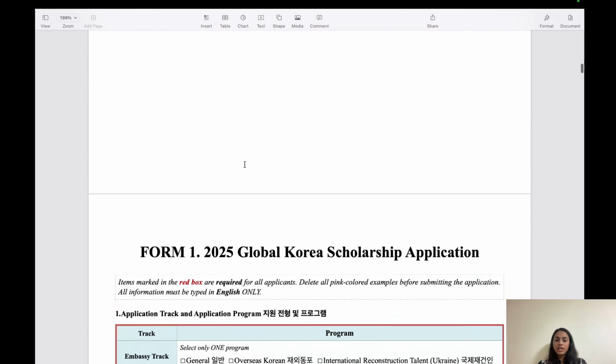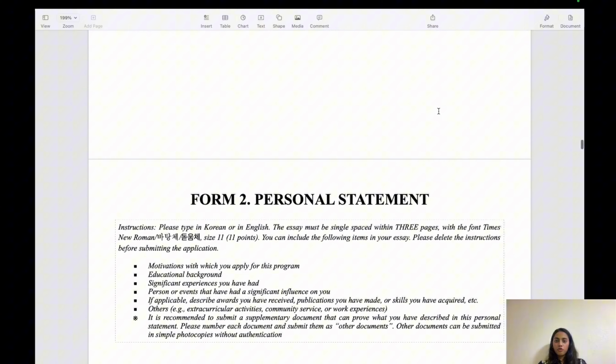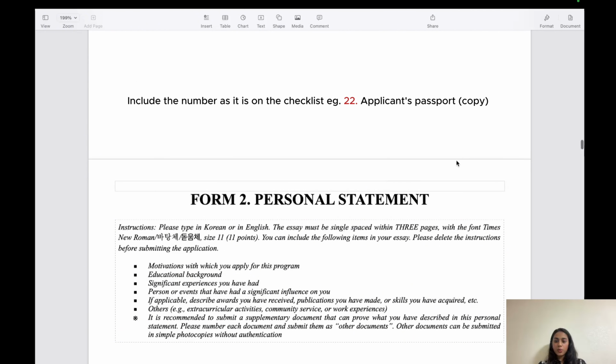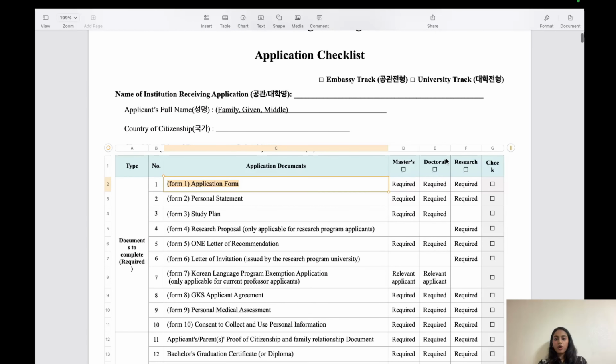Like for this is the application form. So here it is written form 1 application form. You stick that sticker on the right corner here, and same goes for personal statement. Form 2 personal statement, you stick it over here. So like that you should stick a sticker, or if you don't want to take a sticker print, you can